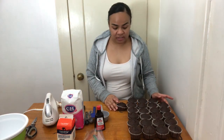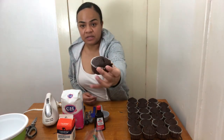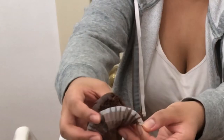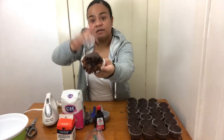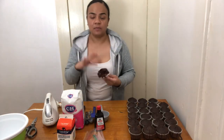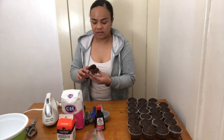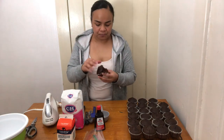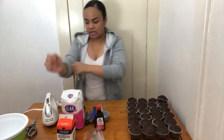All right, y'all, so we have our cupcakes, all 2 dozen of them hanging out here. I just want to show you, this one kind of broke because it fell, but this one is super soft. As you can see, the top goes inside. And then also I just want to show you guys the inside of that. That's why I love the chocolate chip chunks on top of the cocoa powder, is because the chocolate chip doesn't fully melt and incorporate itself into the cupcakes. It creates like these pockets of moisture and chocolate goodness. So yes, I will go ahead and put that aside here, and we are going to go ahead and create our